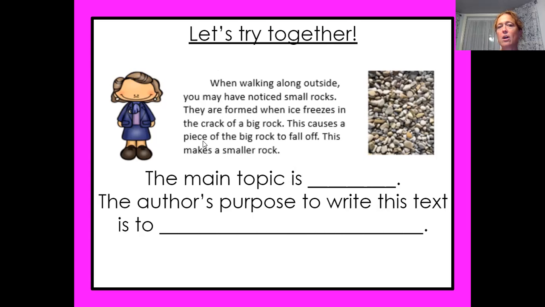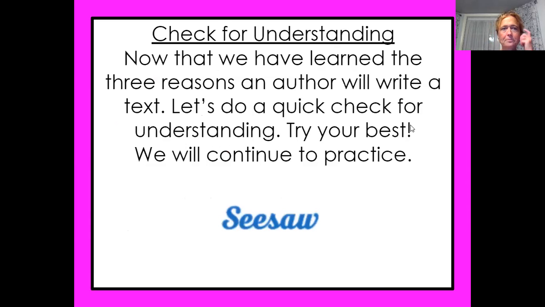And that ice causes the big rock to crack into smaller pieces. This makes the smaller rock. So as you can see in these pictures here, these smaller rocks are what we are talking about and how they occur. So the author is explaining to us how we get smaller rocks. All right, so